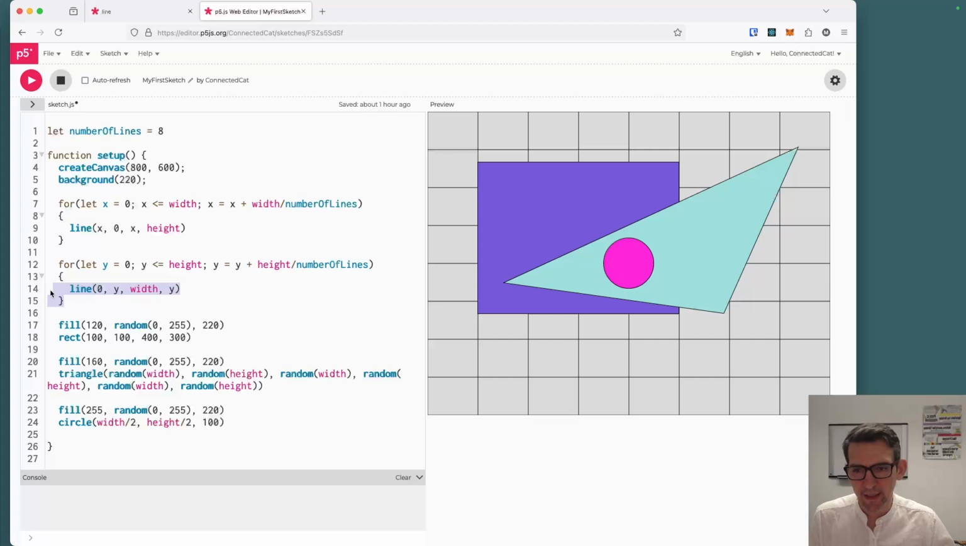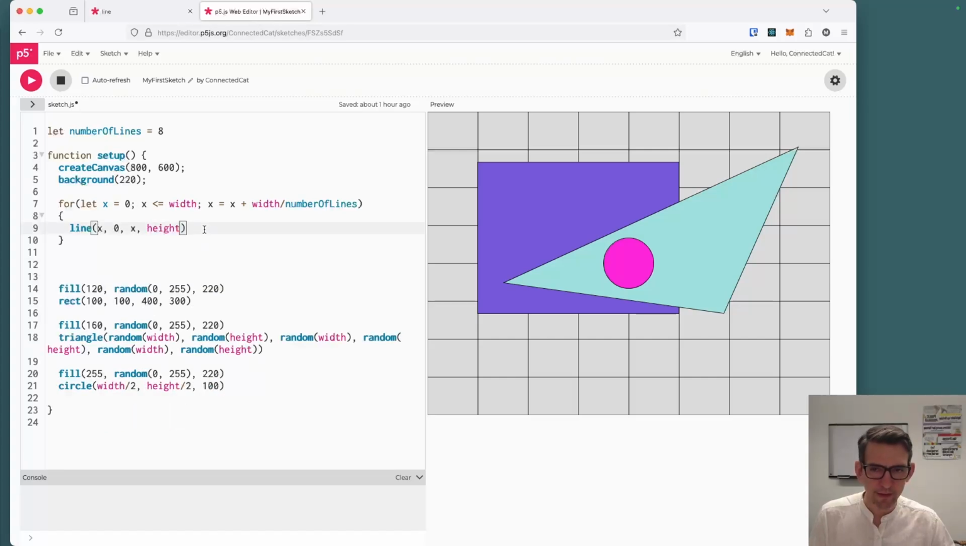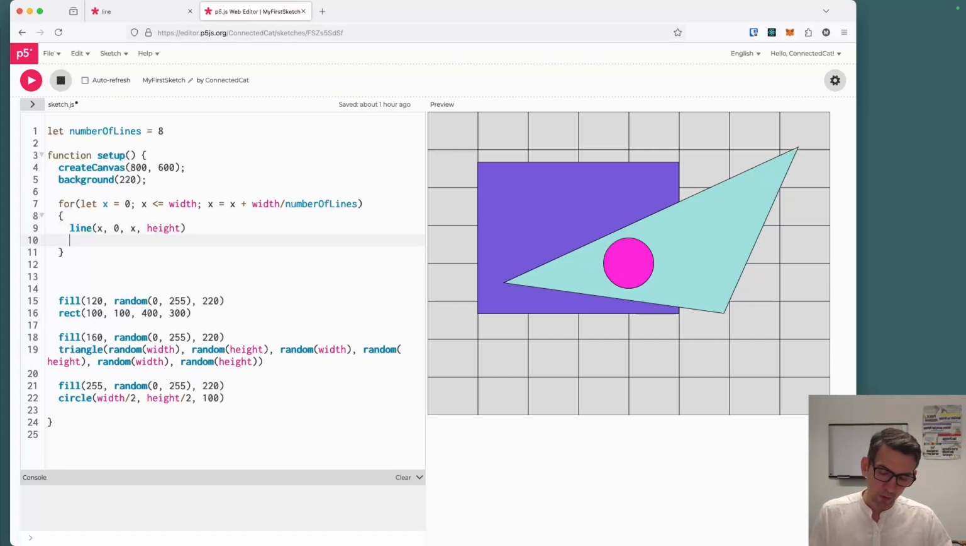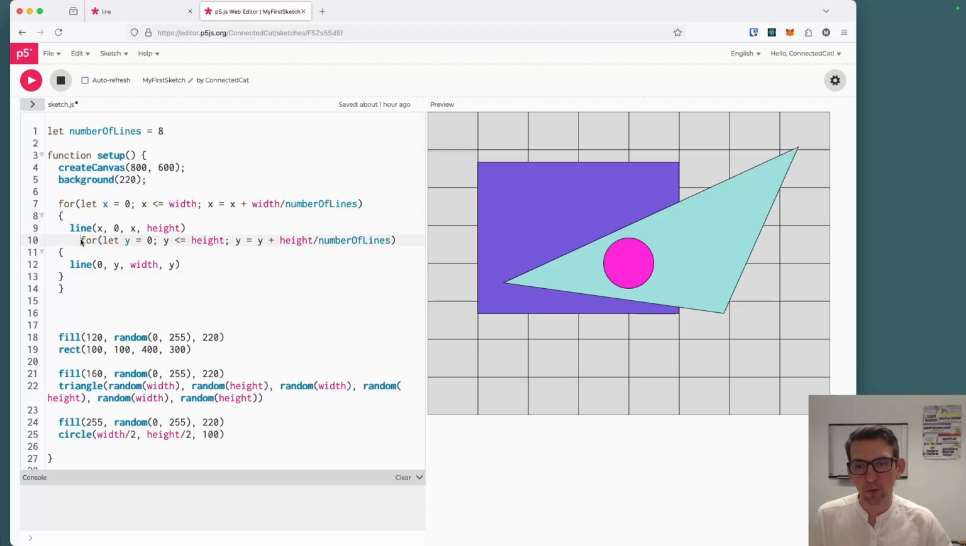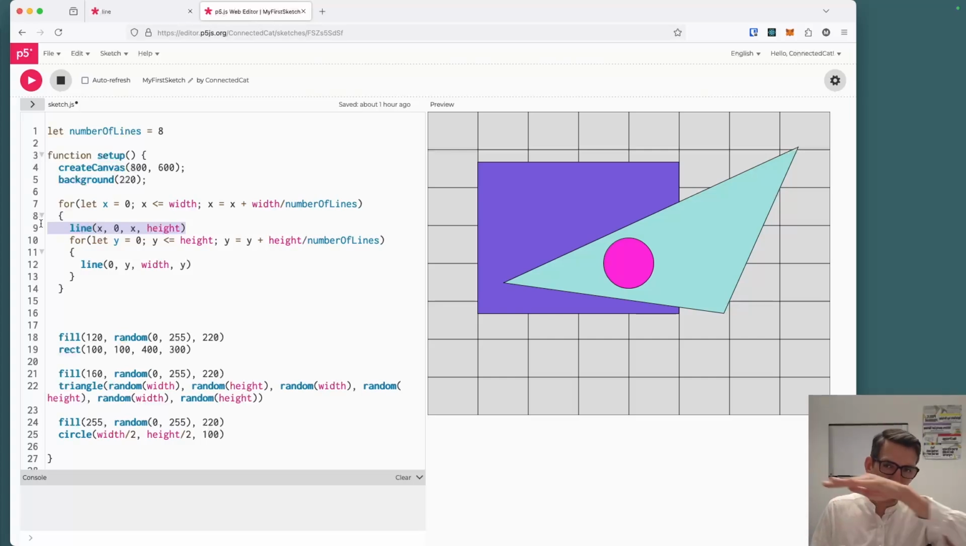I am going to take this for loop and I'm going to nest it inside the first for loop. So I'm going to cut this out and I'm going to put it right here, like that. So my for loop is actually going to be inside the other for loop, right? And so I don't need to draw the line separately now. I'm not going to draw the entire vertical line and then the entire horizontal line. I'm just going to draw a line from the beginning of the section to the end of the section, because